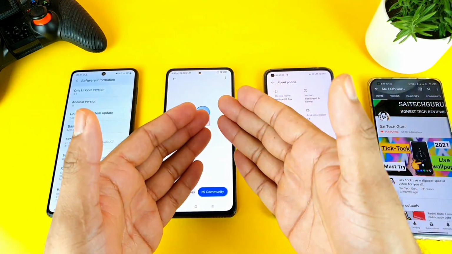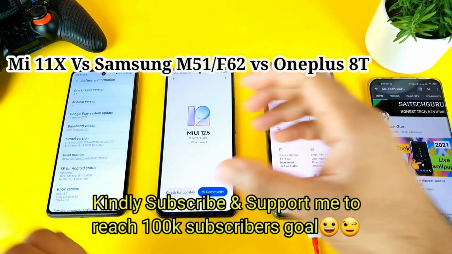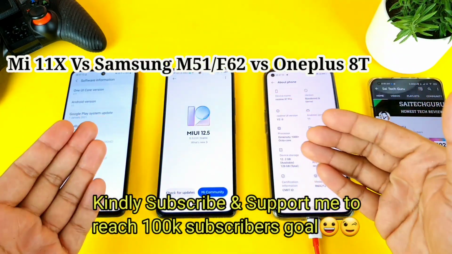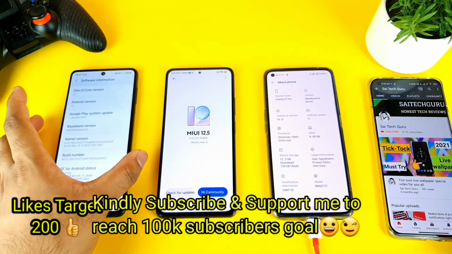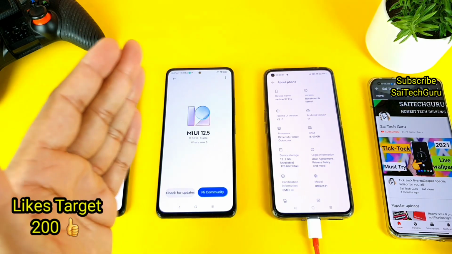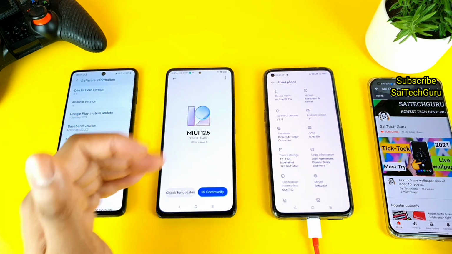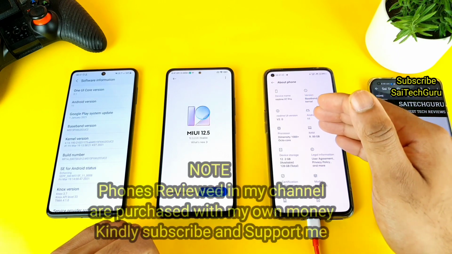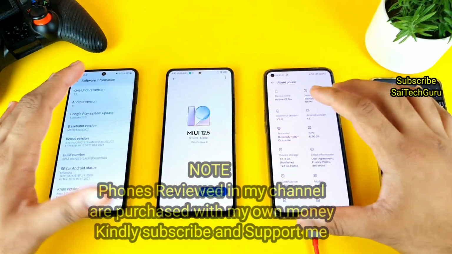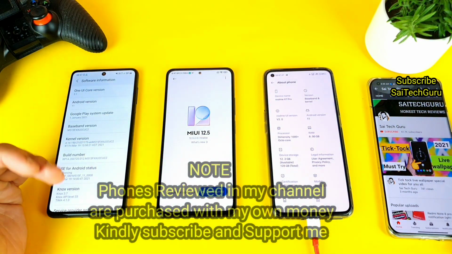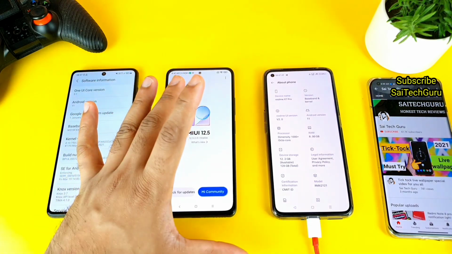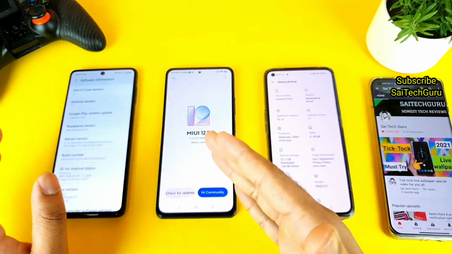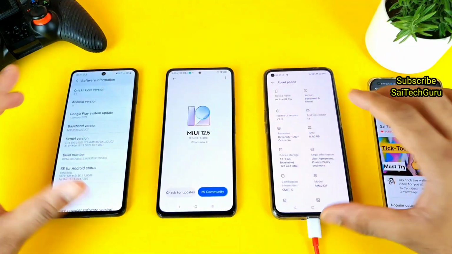In today's video, I'll try to compare the always on display functionality between all of these three different UIs which is present here. So the first one is Samsung's One UI 3.1, next is MIUI 12.5, and the third is Realme UI 2.0. So let's see, friends, which UI will have the better features and functionalities in terms of the always on display only. I'll also try to compare plenty of other features between the three different UIs.